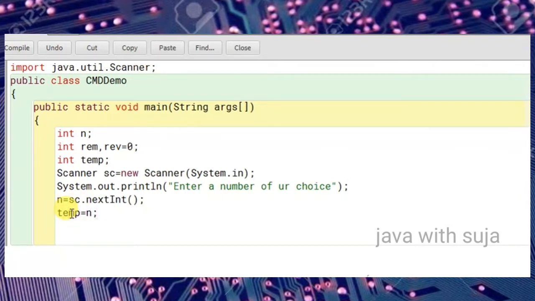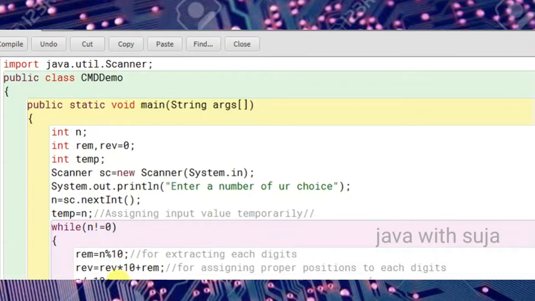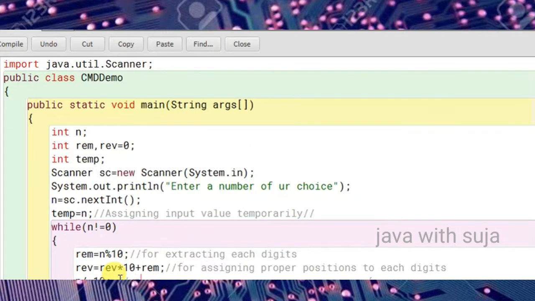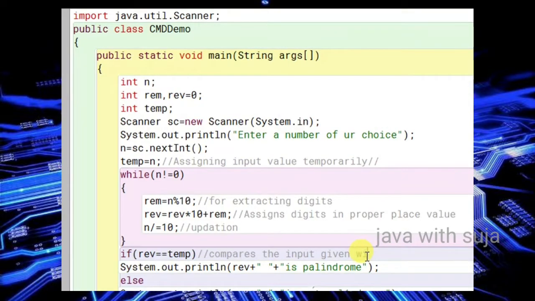In order to assign the proper position value for each digit, we are using the code rev star 10 plus rem. It is compulsory to initialize the variable rev before using this code in our program. After the loop iterations, n will get updated, and at the end of the loop, n's value will become 0. That is why we are assigning the value of n initially into a variable temp, so that later we can use it for comparison.